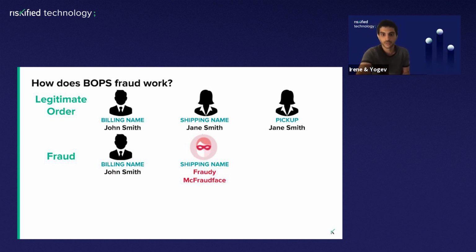Fraudy. And then when Fraudy the fraudster goes up to the store, they will see that his name matches the name on the order, matches Fraudy's ID, and he will get a product he just bought using someone else's credit card. That's how fraud in BOPS looks. The important thing to remember here is that the fraudster needs to use his real name, because if he wouldn't use his real name, he won't be able to pick up the product he purchased with a